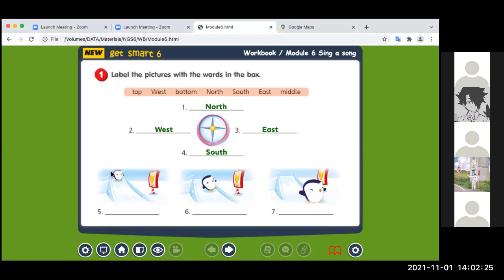Okay, number 5. Where is this penguin? Look at the picture, stay calm. Alright, are you ready? Okay, I think you are ready, so let's move to question number 5. Can I hear from Preem, number 18?